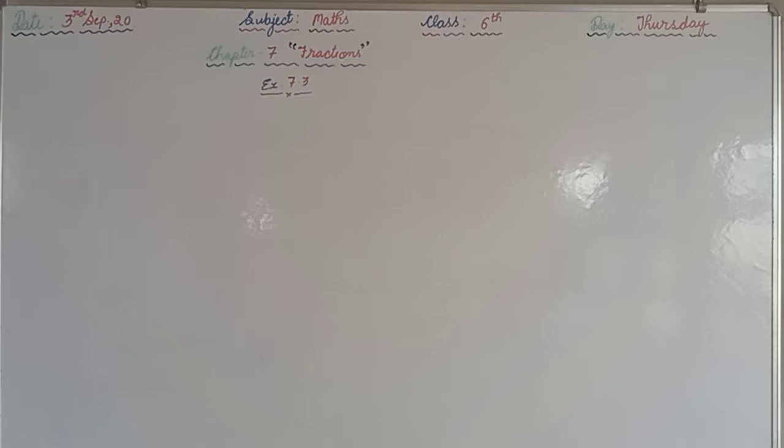In the second part you will write 2 out of 4. In the third part you will write 3 out of 6. In the fourth part you will write 4 out of 8. And all are equivalent fractions. You can check. As I told you, you can multiply diagonally. In the B part also, write the fractions and pair up the equivalent fractions from each of the rows. Now in the first row A, B, C, D, E, first of all you are supposed to write the fraction. Afterwards you are supposed to make the pairs of the equivalent fractions. So we will directly start with question number 3. First and second questions you are supposed to try by yourself.